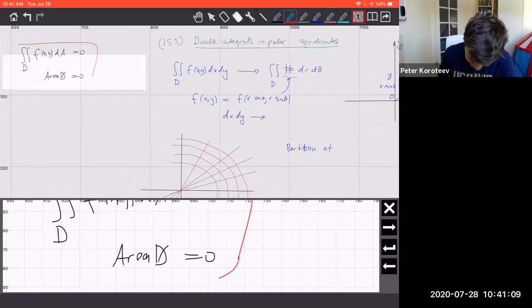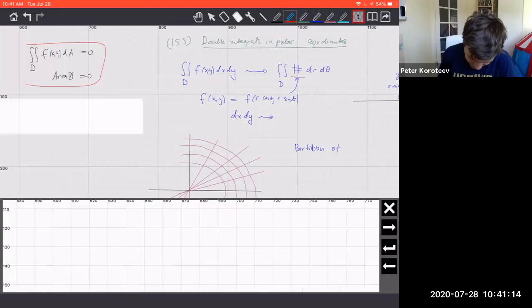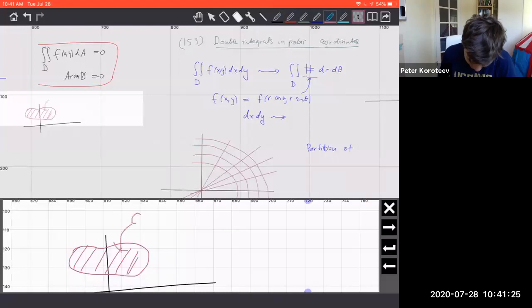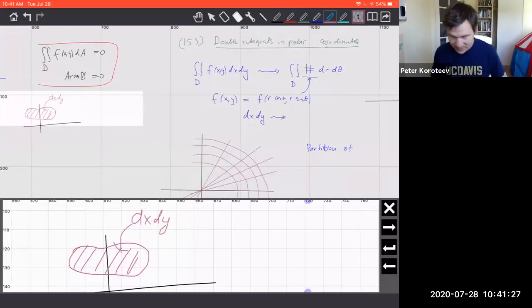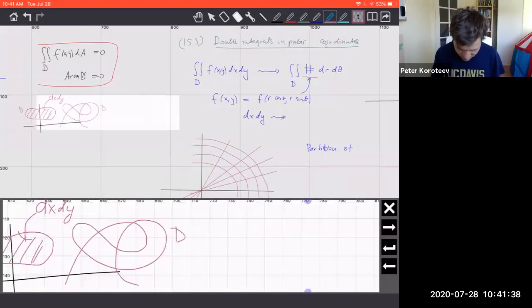Is that point clear? If you're integrating over something two-dimensional, in two-dimensional space, and you have a set like this, then you always have some nontrivial dx times dy, because it's extended in both directions. However, if your D is just a curve like that, Peano curve aside, because it's infinitely long, so if the curve has finite length like that,